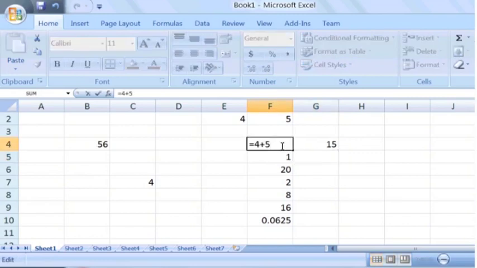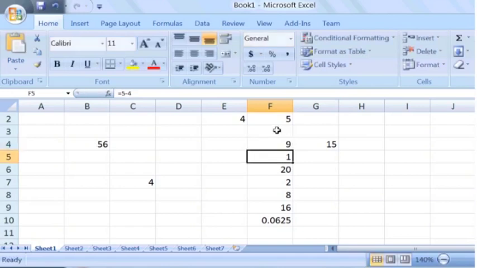So one way we can use the cell references to add these two numbers. Suppose here we have two numbers, one is number 4, one is number 5. In order to add these two numbers, we can use 4 plus 5 with an equal sign at the start. So another way to find the same sum, that is the sum of number 4 and 5, is to use the